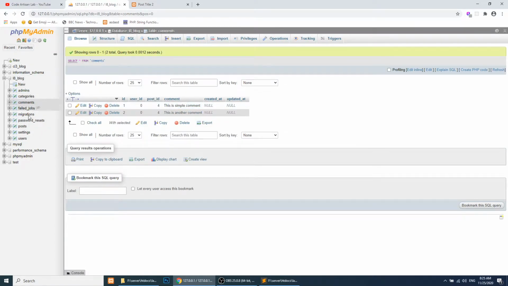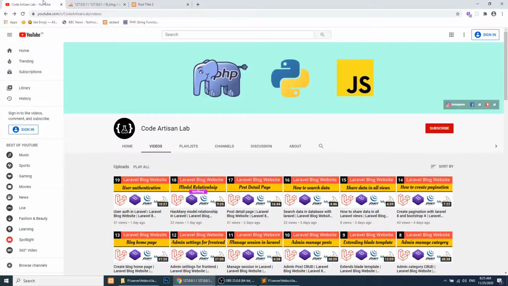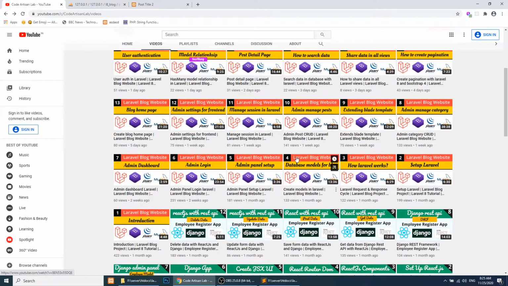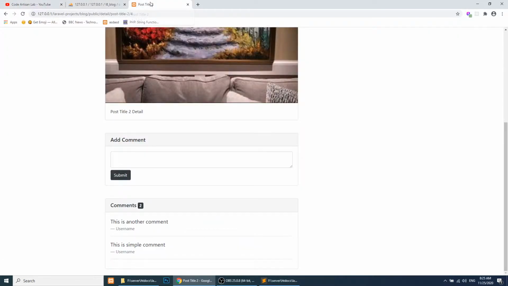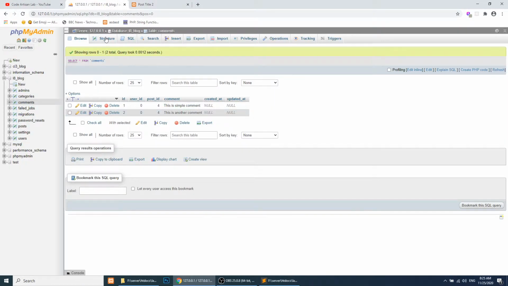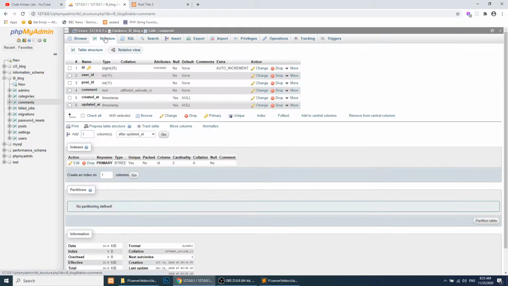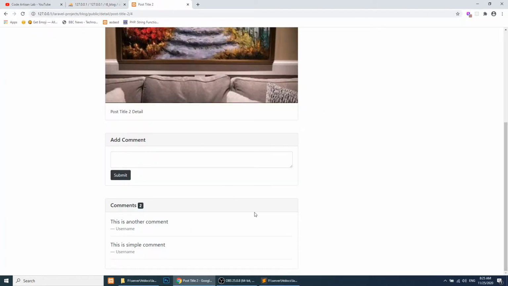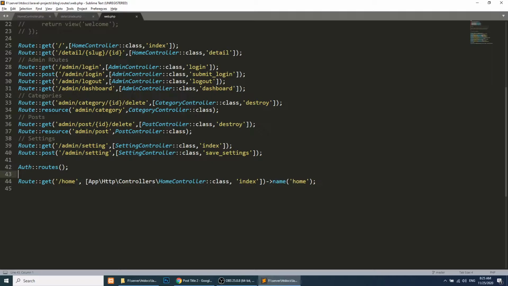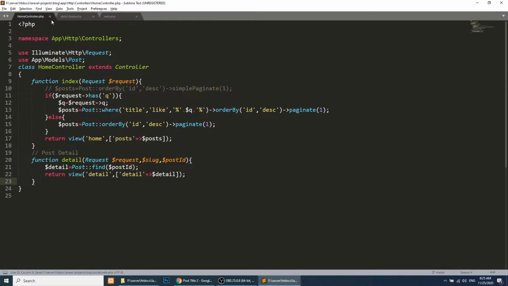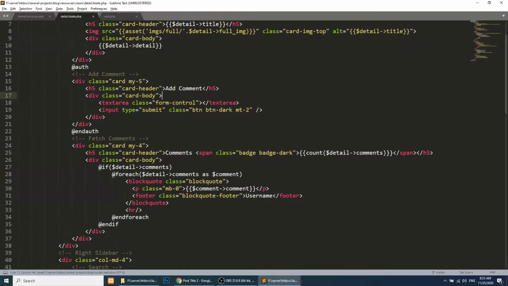I created all these models and tables in my fourth video, Laravel database models for blog, which you can watch. Now you can see in our table structure, we need user id, post id, comment.